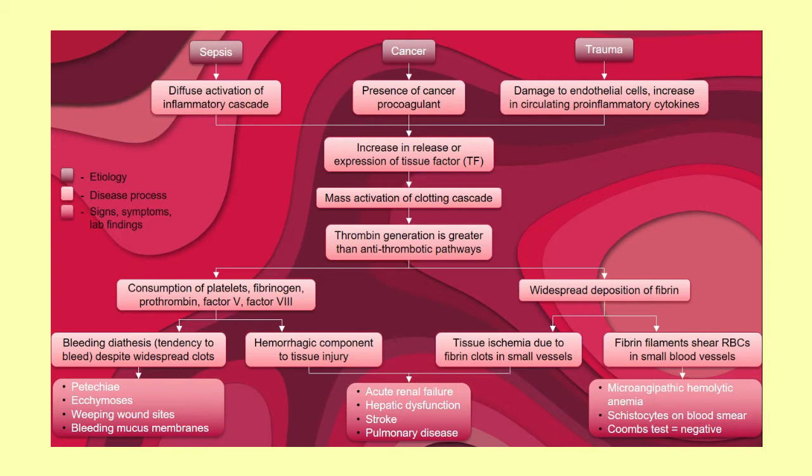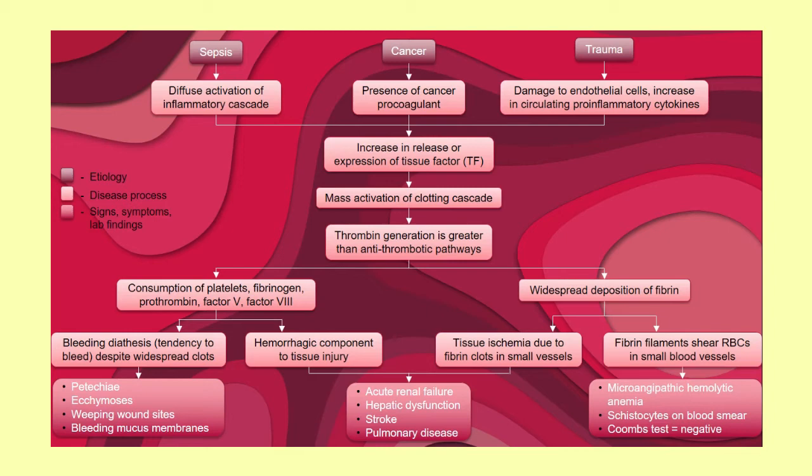Let us go on first for the consumption of platelets, fibrinogen, prothrombin, factor V, and factor VIII. This causes two mechanisms to occur, which is the bleeding diathesis, or the tendency to bleed despite widespread clots, and the hemorrhagic component, the tissue injury. So the bleeding diathesis can be seen in the body as petechiae, ecchymosis, weeping wound site, or bleeding mucous membranes. Hemorrhagic component, the tissue injury, can be seen in the body as acute renal failure, hepatic dysfunction, stroke, and pulmonary